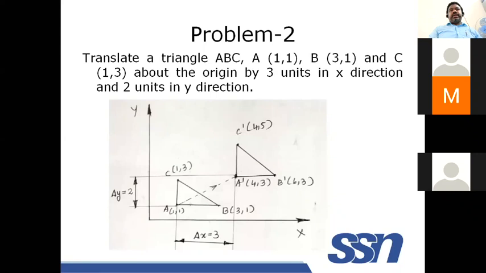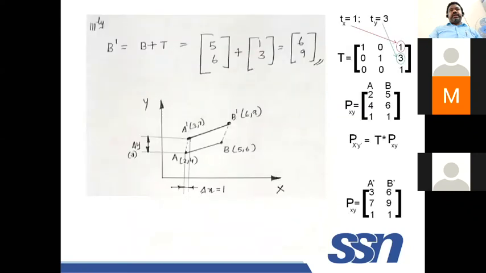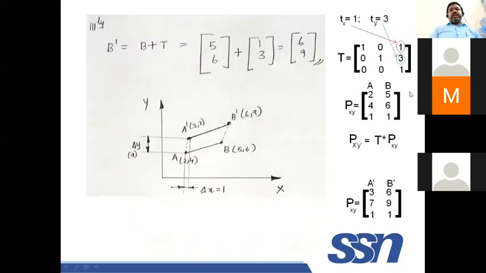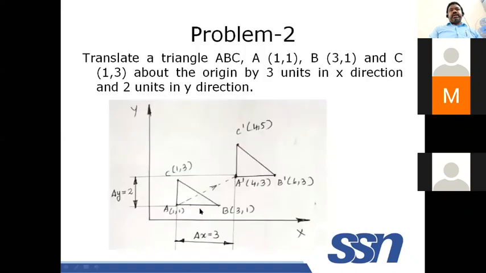So you can use homogeneous matrix approach as well. The previous problem what I have shown, the same thing can be used like this. Tx, Ty is given. You can define 3 points. In the previous case, a straight line, therefore 2 points. In this case, 3 points are there. Since it is a triangle, you can define it here. Do multiplication, you will be getting the answer. As simple as that. Okay.